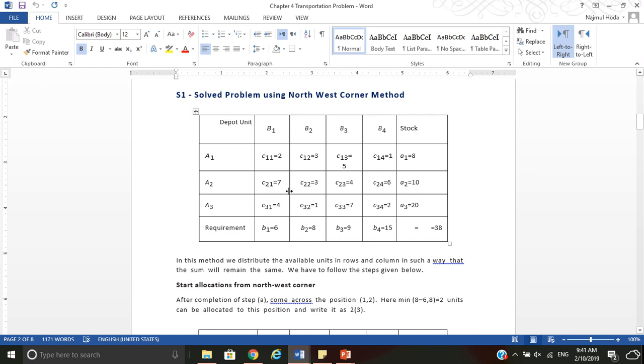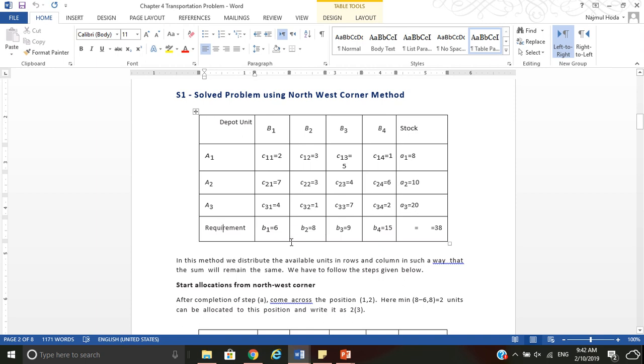So you all have access to that note. Here is problem 1. First of all, let's understand that this is a table. A table has rows and columns. These are rows and these are columns. The vertical is a column and this is a row. In between, all these are called cells. This is the depot unit. These are the factories A1, A2, A3. Then the names of the depots are B1, B2, B3, B4, where the finished products will be stored. Here this is the stock, or the supply, the products which are kept for selling. Here is the requirement, which is the demand